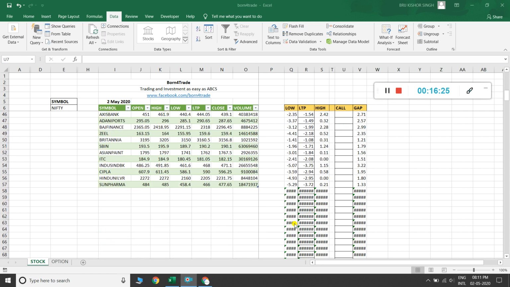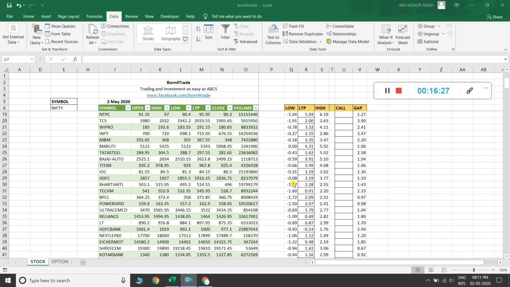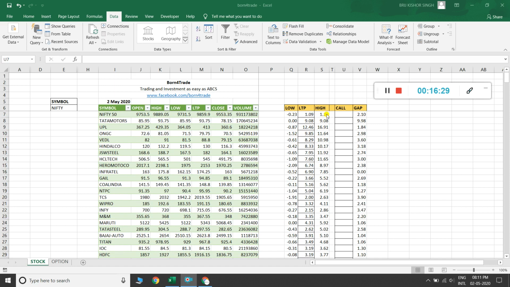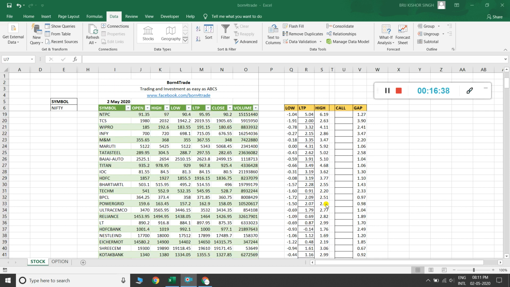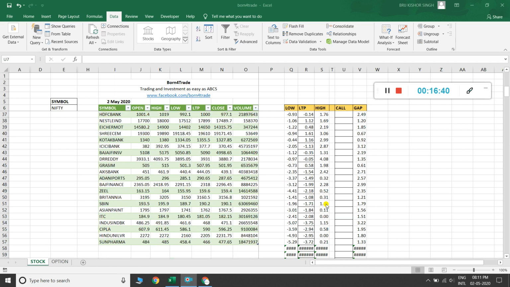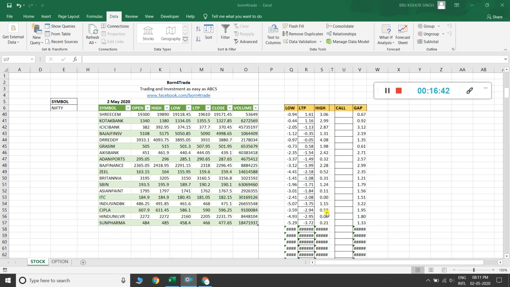Again just checking another one, 0.0. There is no 0.0 here, okay, then I am shifting to the high column and searching for 0.0. Here is 0.0 in the high column.